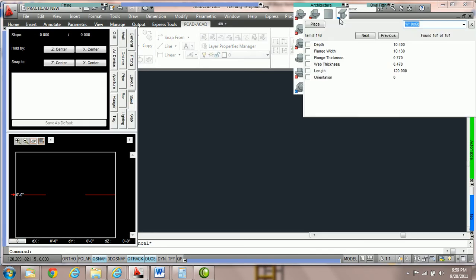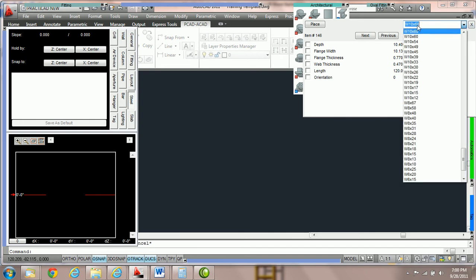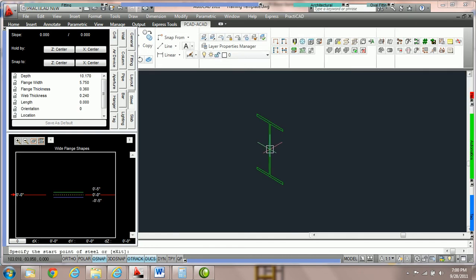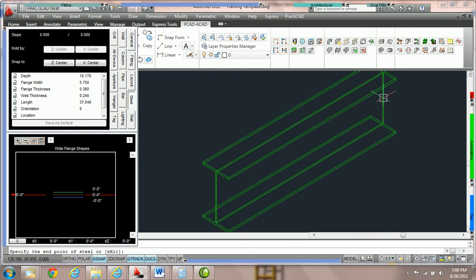So in other words, when we click on the icon, you're going to get a catalog window with a drop-down menu, and we're going to choose the W by 22. PractiCAD comes with all this information already inputted for you. We're now going to hit place. Once we hit place, you can see all the properties are now lit up inside the steel tab in your item box. To demonstrate what each of these do, we're going to click on the drawing twice,